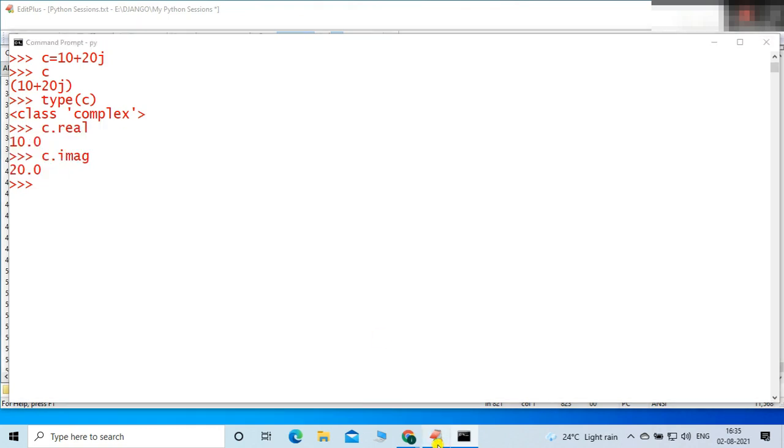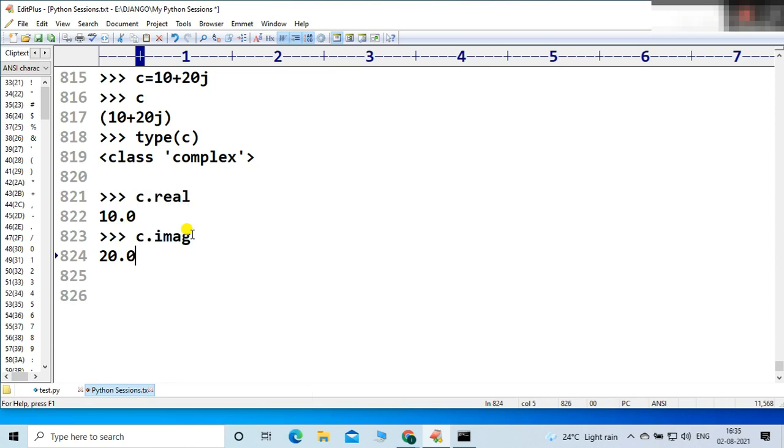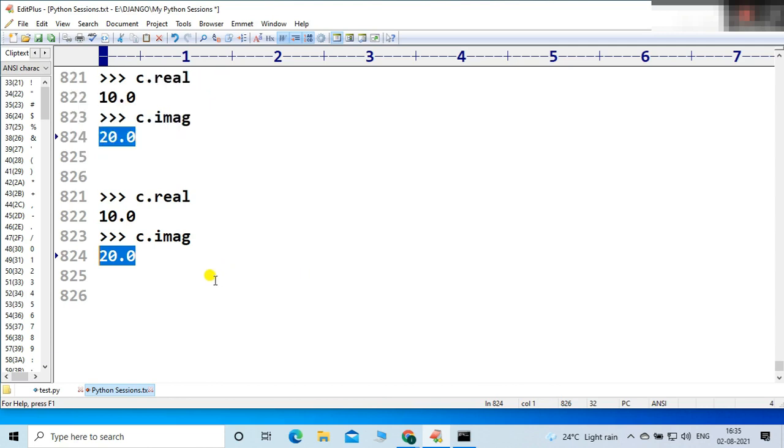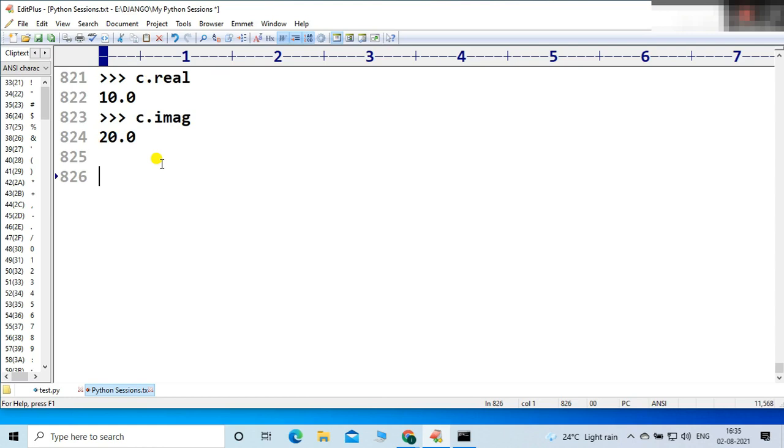So it is possible. Suppose my user requirement is to just find the real part or to get the imaginary part. Simple. Real is one attribute and imag is another. You can easily get those corresponding values, friends. So it is very clear. Let me clear one other thing also, a very important thing, friends. The thing is, C is equal to some real part plus, and how is the complex number formed? Real part and imaginary part.